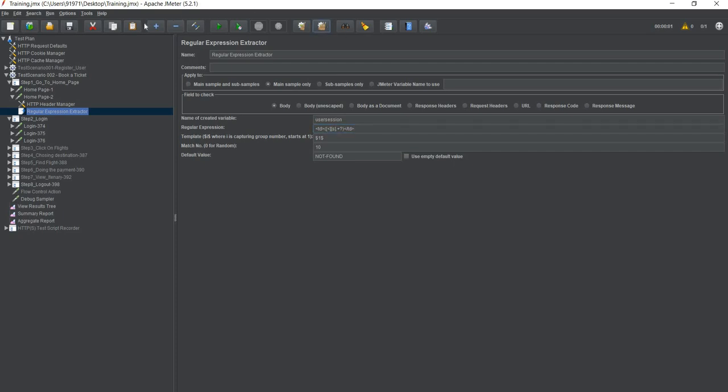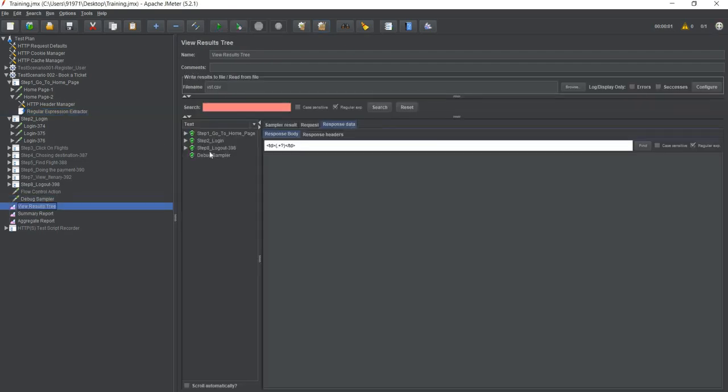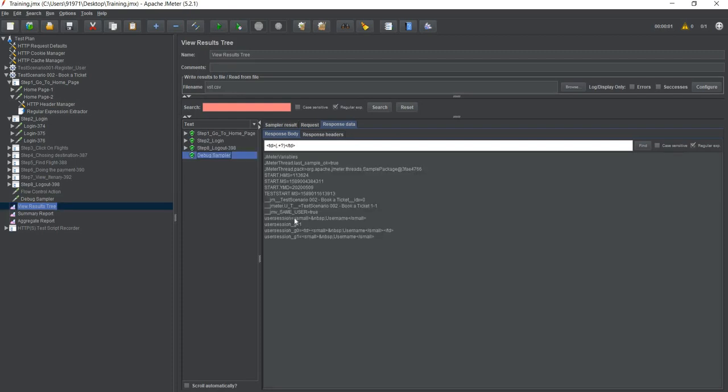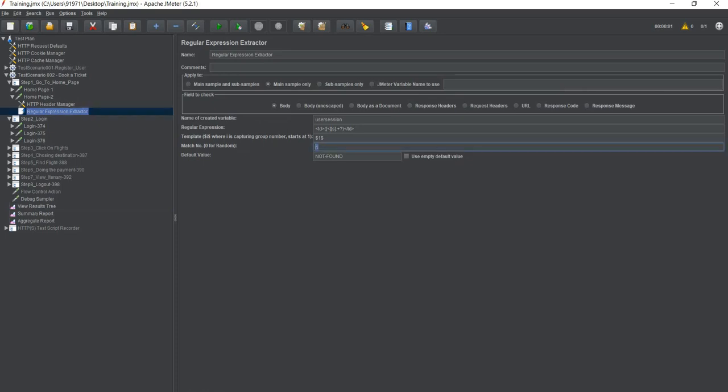I'm just clearing everything and I'm changing it to 1. I will override it. So you see over here it has picked up the small number now for the first match. And why is it so? Because we have chosen the first two characters. The first character should be the less than symbol, and the second character should be the small symbol. Then it could be anything, which is the dot, and plus is repeated one or more times. So actually we have changed the regular expression, so the matches change.